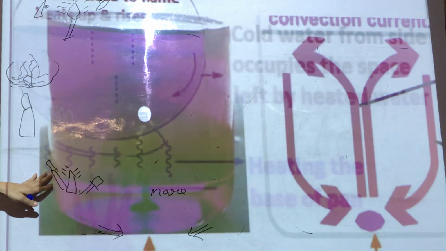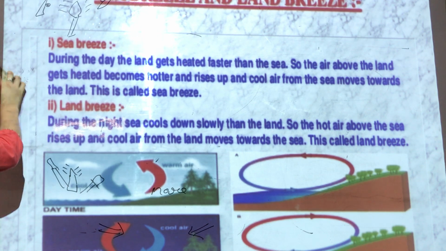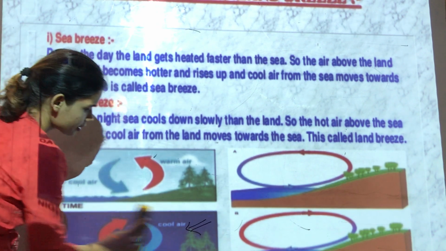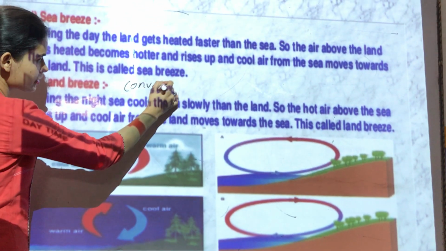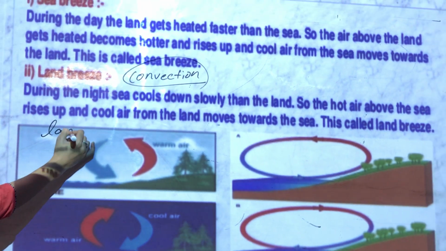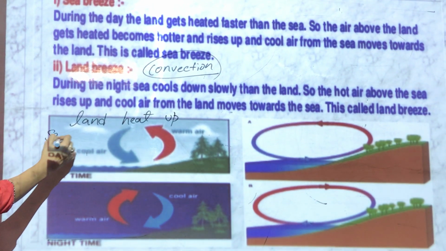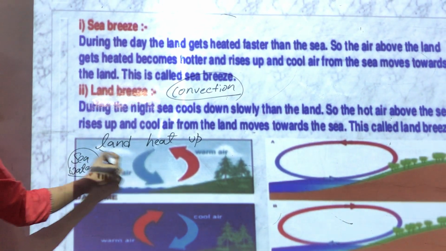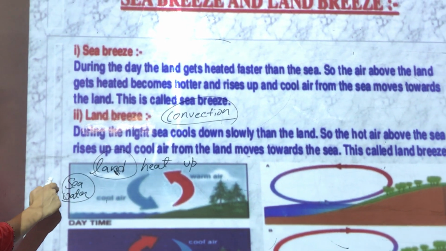Now the same process occurs in coastal areas. You might have seen that in coastal areas there is very chilled air. The same convection process also happens there. Now you might be surprised to know that land heats up faster as compared to the sea, or we can say as compared to the water. Because land is comparatively solid, so it heats up by conduction, and sea water heats up by convection.